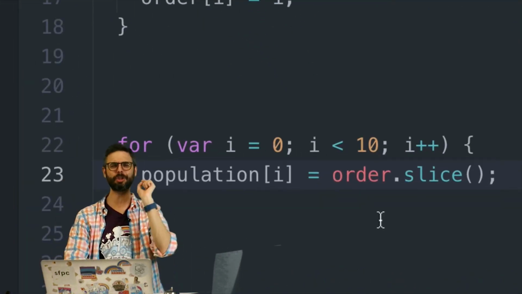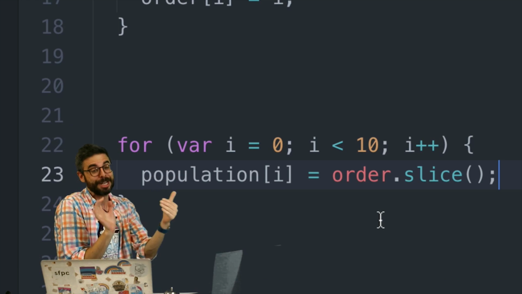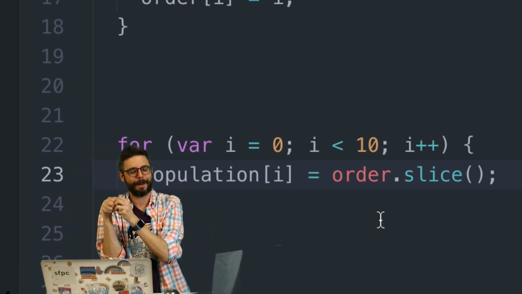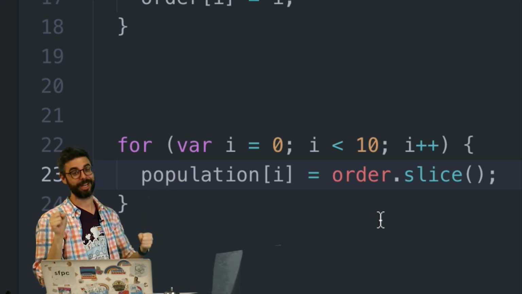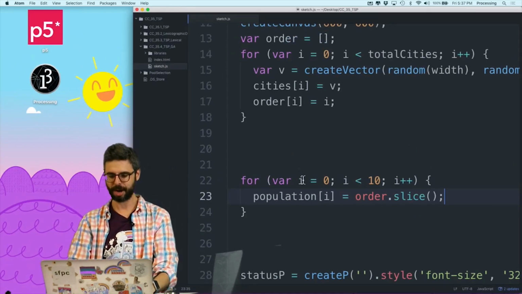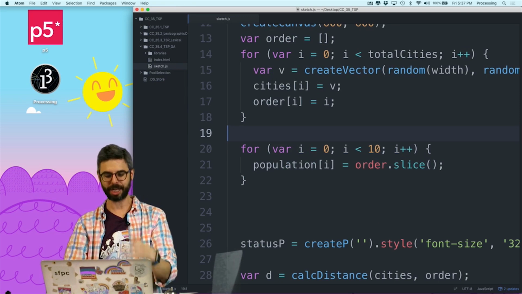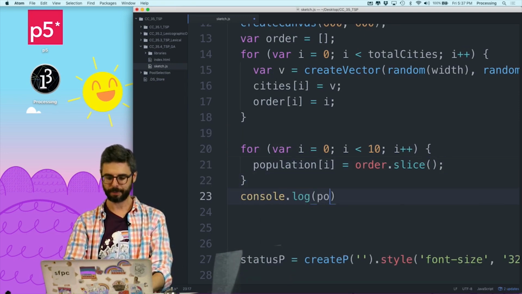slice. I'm pretty sure the slice function in JavaScript is a function you can give arguments to slice out a part of an array into a new array. But what I'm doing here is I just want the whole thing, so it essentially makes a copy of that array. So if I just said population i equals order.slice, and I said console.log population,